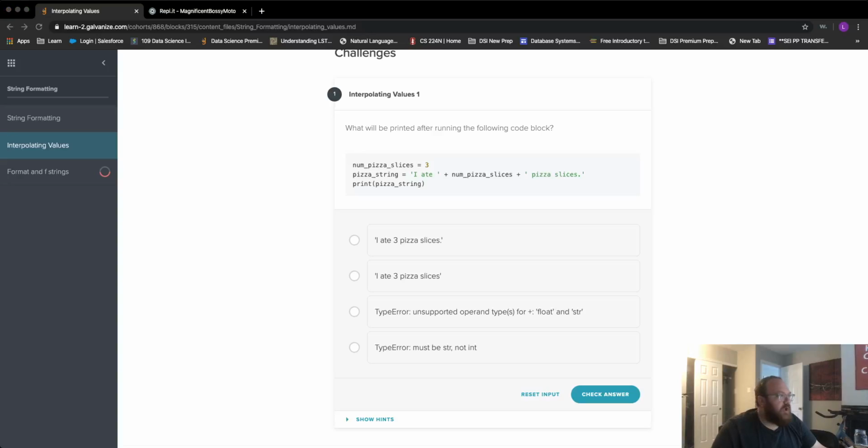The next challenge we're working on is Interpolating Values, Challenge 1 on Interpolating Values in String Formatting. It asks what will be printed after running the following code block. It has a variable num_pizza_slices equal to the integer 3. The pizza string says "I ate ",